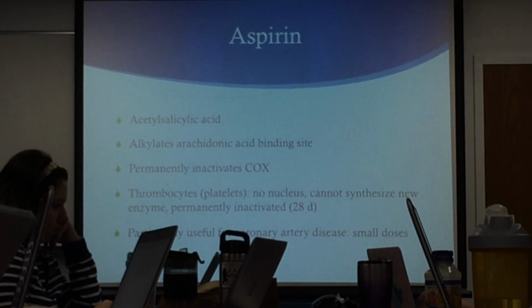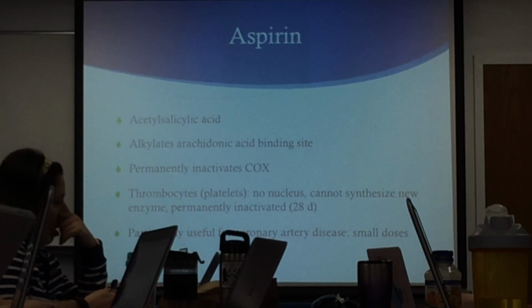The only way to overcome that is you have to make more platelets. And the average lifespan of a platelet is about 10 days. That's why aspirin is so effective in treating this. It's effective in inhibiting clot formation of platelets because you have to make more platelets. That's why you can take very small amounts of aspirin and have a beneficial effect in preventing future heart disease. But otherwise, that's how it is an analgesic. It inhibits cyclooxygenase. It inhibits the formation of all prostaglandins, not just